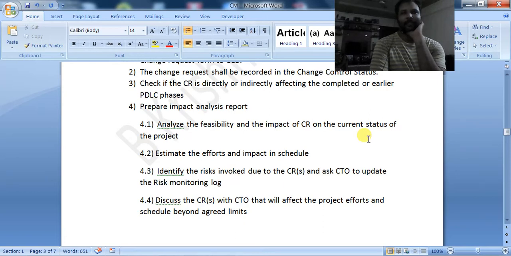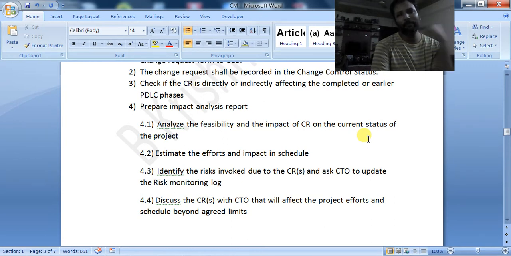Whether it is feasible to do modifications or not, and whether the technology the customer wants can be incorporated in the current project or not. That feasibility study will be done, as well as the impact analysis: what other functionalities and documents we have to change because of this change request.